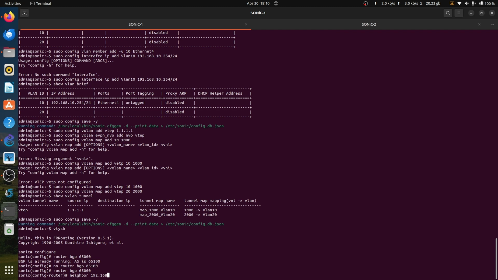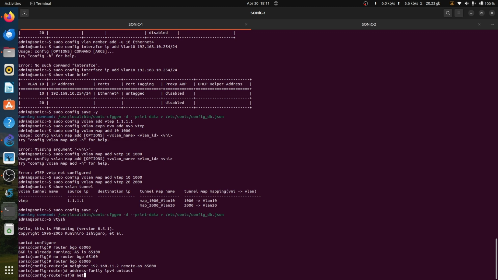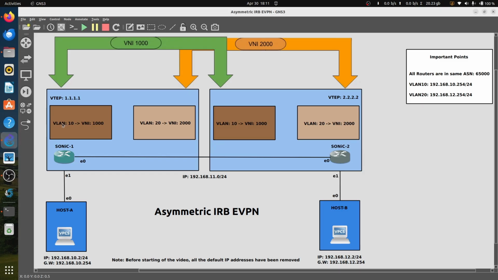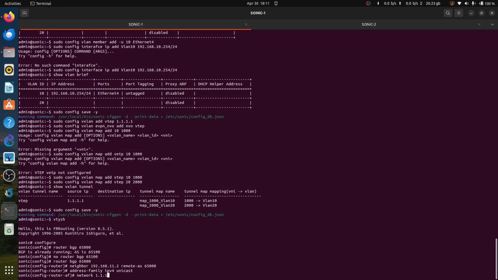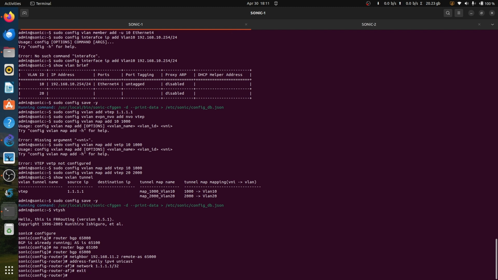Neighbor 192.168.11.2 remote-as 65000, and then address-family ipv4 unicast, a network. Now I'll advertise this network 1.1.1.1/32 because this network, this loopback IP, will be used for remote MAC learning of the destination host. So now network 1.1.1.1/32, then exit out, address-family l2vpn evpn,